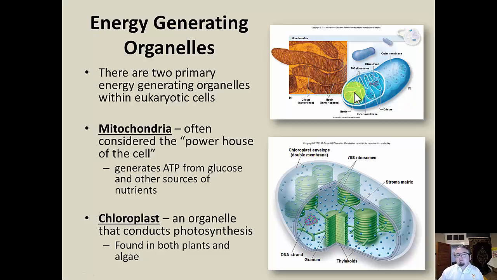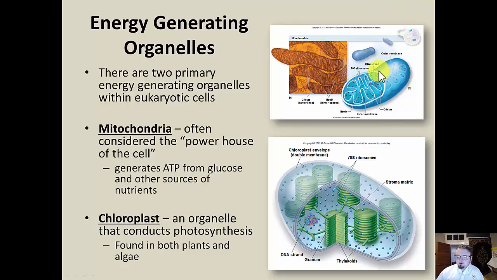So it's kind of an example of co-evolution between two organisms that went on to become one organism. And we actually see that the mitochondria looks and has all the features of a bacteria. So the theory is pretty sound in that this thing has all the features of a bacteria. It's just that it's no longer a separate functioning organism. It's now part of a eukaryotic cell, almost like a slave to the eukaryotic cell. And its main purpose is to generate extra energy.